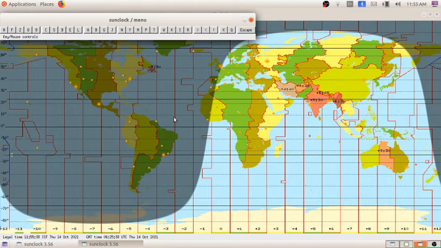Now I am finding the position of the sun also. For getting the position of the sun, click on Y. You can see here the position of the sun and the position of the moon. Now you can see how the sun is moving. The sun normally moves between the Tropic of Cancer and the Tropic of Capricorn. The sun goes from the equator to the Tropic of Cancer, and again comes back to the equator. In the same way it moves from the equator to the Tropic of Capricorn and comes back to the equator. Moving from the equator to the Tropic of Cancer takes 6 months.